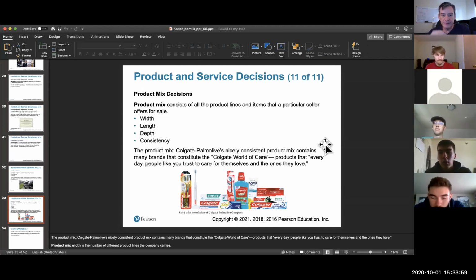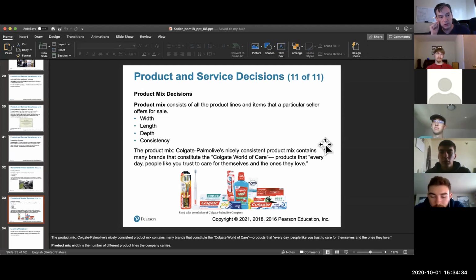What about the depth? The depth refers to how deep you want to go in that marketing offering. For example, I want a Versa. Okay, Versa Sport or the normal option, with the air conditioning, without air conditioning, with the sports package, without the sport package, and you go down, down, down. In that sense, that's the depth of the marketing offering.